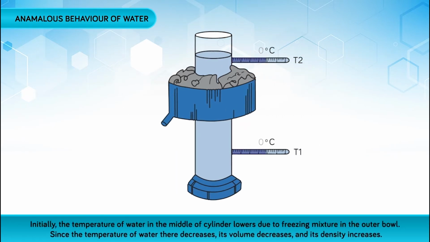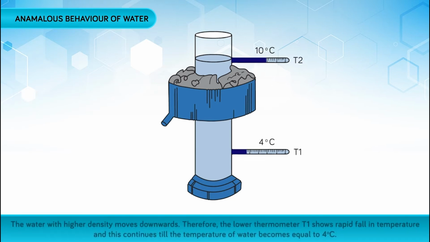Initially, the temperature of the water in the middle of the cylinder lowers due to the freezing mixture in the outer bowl. Since the temperature of the water there decreases, its volume decreases and its density increases. The water with higher density moves downwards. Therefore, the lower thermometer T1 shows rapid fall in temperature, and this continues till the temperature of water becomes equal